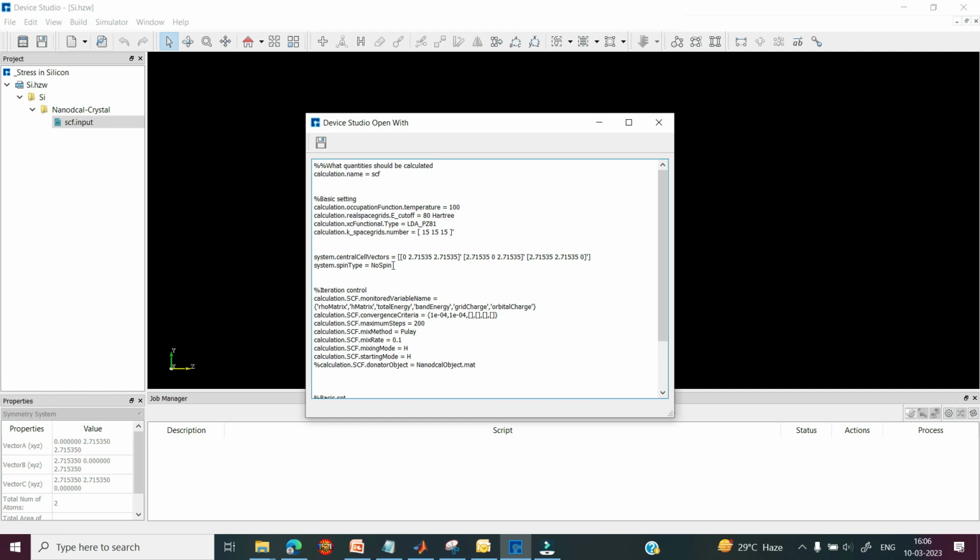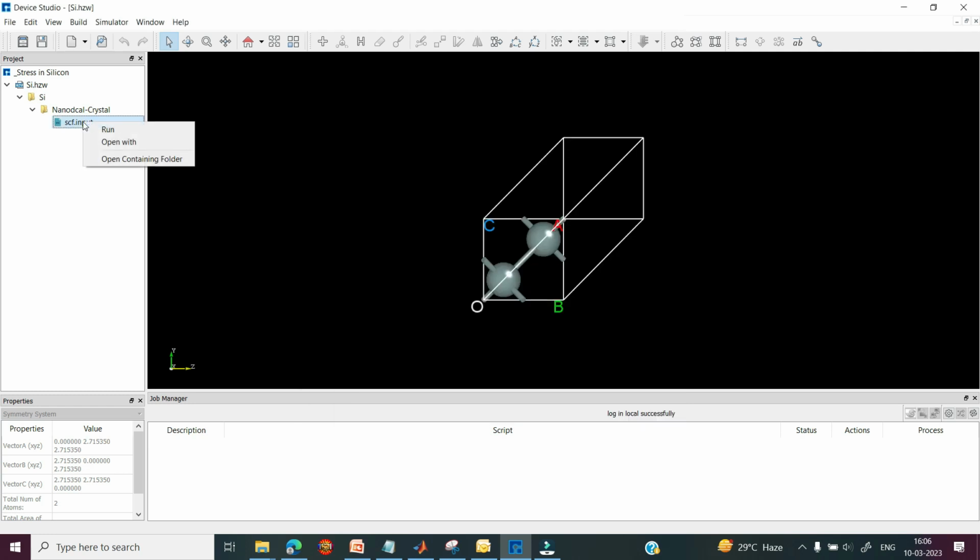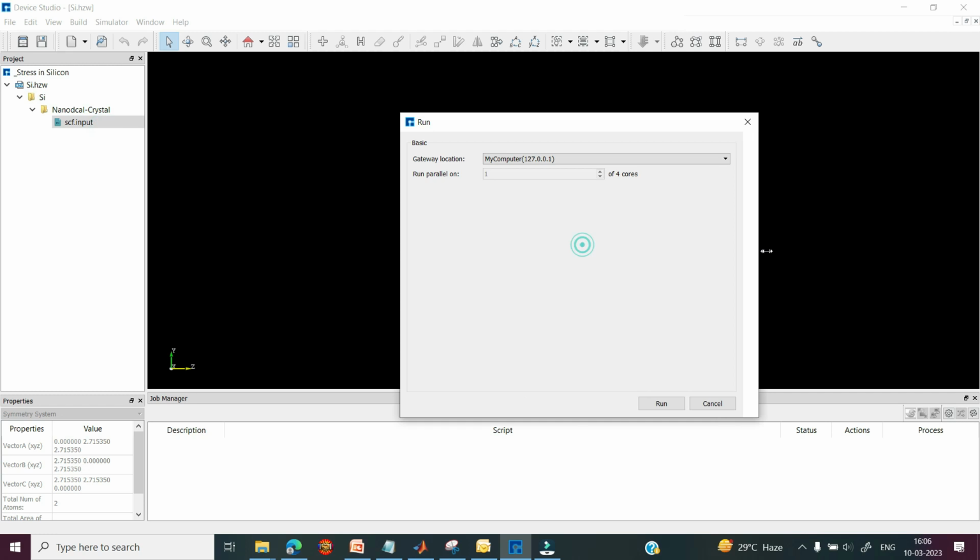Here you can see no spin is included, and this is the iteration control, and the atoms and their Cartesian coordinates. Then you can right click on this folder and select the Run option. If you want to run this job in parallel, say 5 cores, 10 cores, or 15 cores, there is no limitation of cores; you can define up to 128 cores. Then you can click on the Run option to run this job.